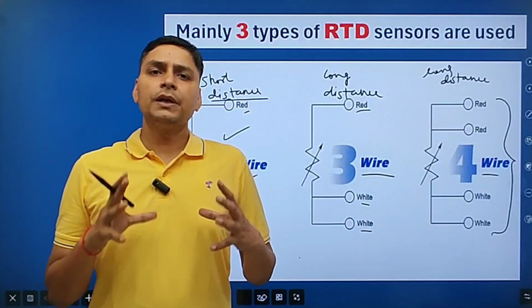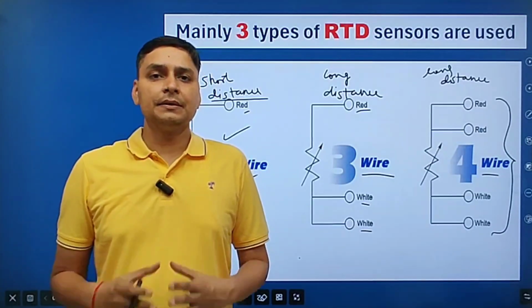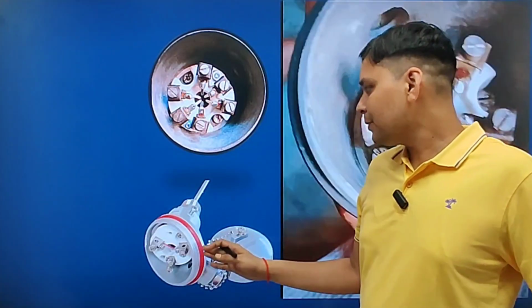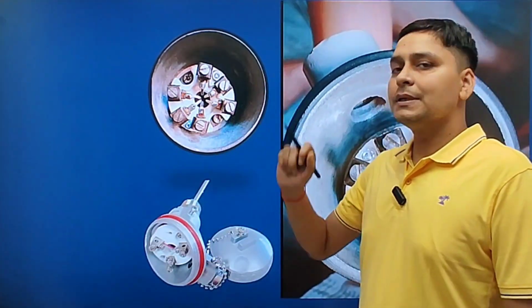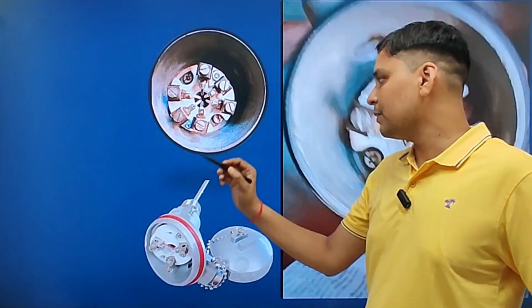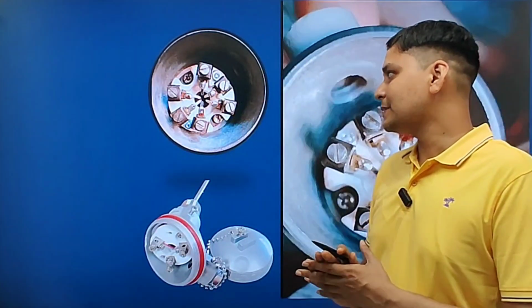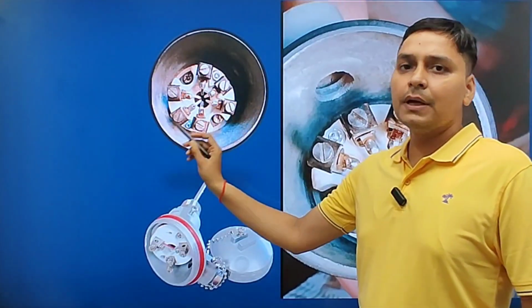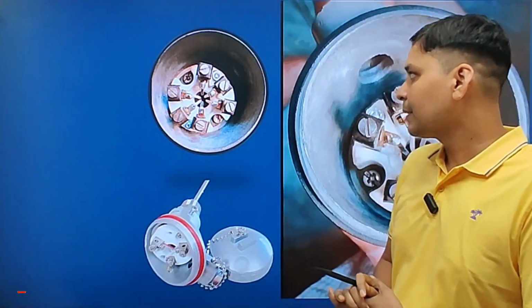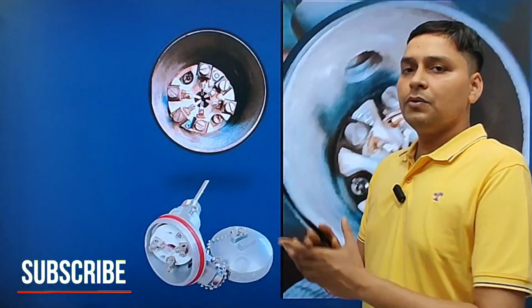But friends, we only use 3-wire RTD. What is the reason behind that? Now we will discuss it. First we will discuss the types of 3-wire RTD. Look friends, 3-wire RTD may be of 2 types. The first one is simplex type and the other one is duplex type. Simplex type means its signal is transmitted to only one location, and in duplex type RTD, its signal is transmitted to 2 different locations, like one at the controller and one at the indicator. So according to application, we can use simplex RTD or duplex RTD.